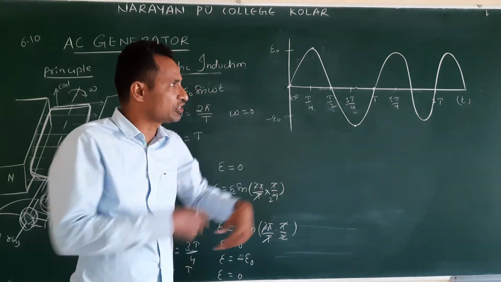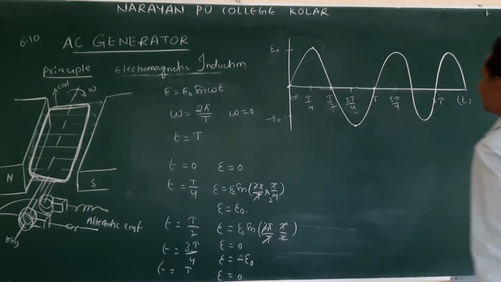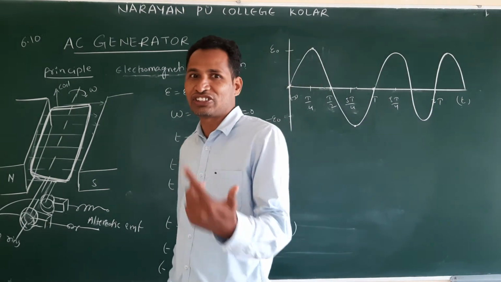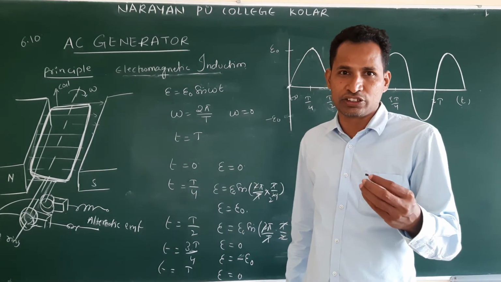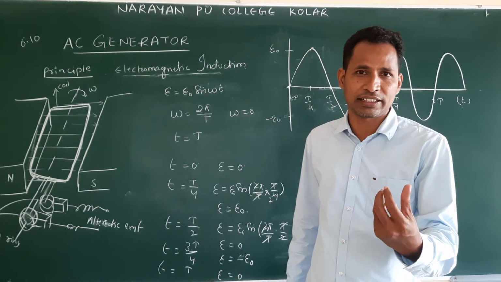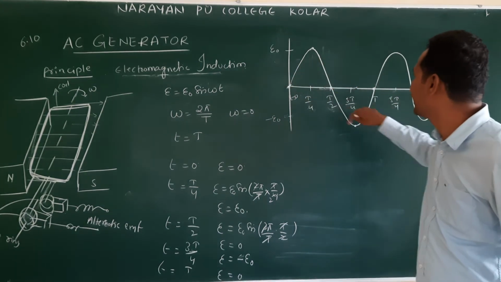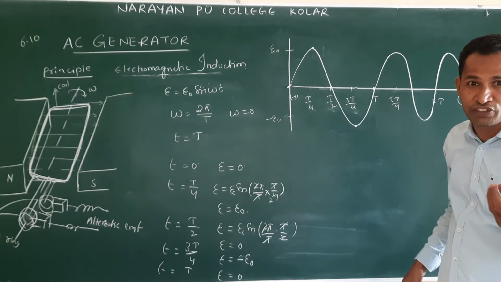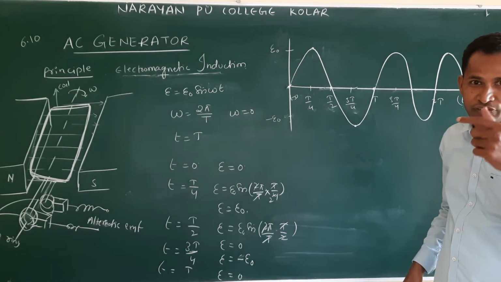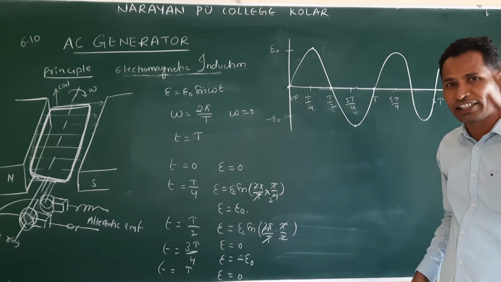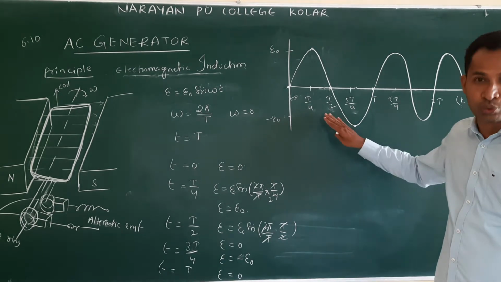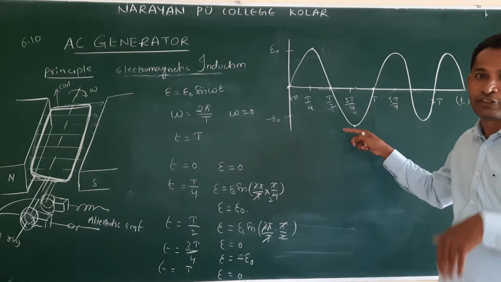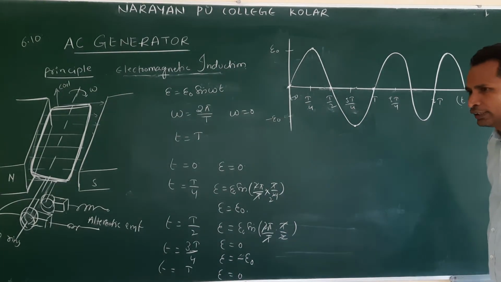As the turns increase, the cycles increase continuously. So you might have experience: if you feel that shock, it shows some kind of vibration. Am I correct or not? This is because of this variation. That's why we feel vibration as soon as we touch the current. Yes or no? You all experienced. If not, don't try. Those who experienced it came to know why they felt like that. Okay? Now.